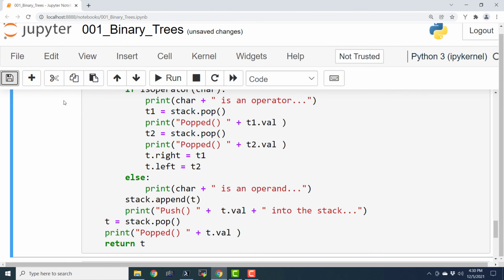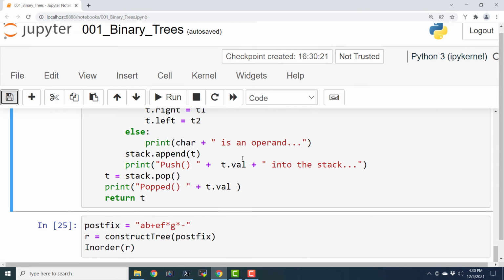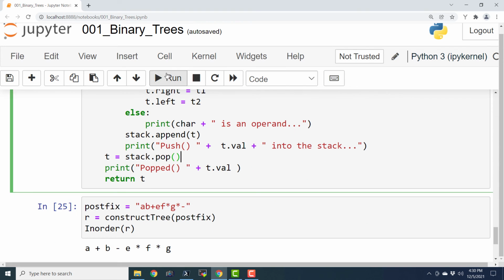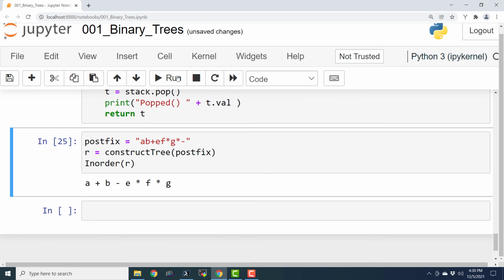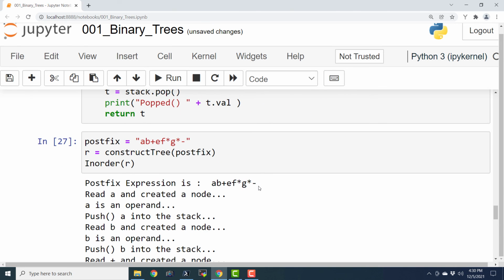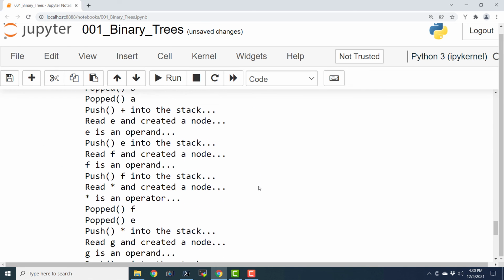That's it. Okay. So now I'm going to execute this entire stuff and redefine our function. And let's execute this also. And here we have the trace of the entire execution.